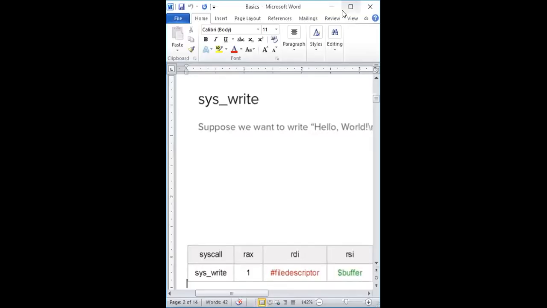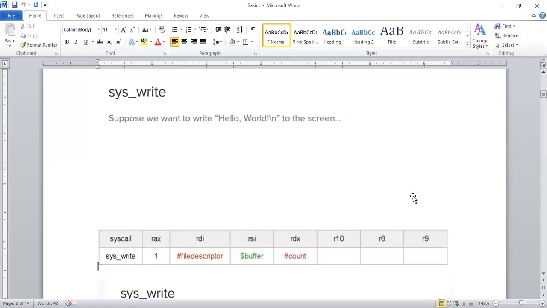Right, try to get these things. I know you will feel difficulty, but try it for the first assignment. Others, just by looking at the instruction, you need to get the meaning. Otherwise, if you go directly to the program, it will be easy for you to get the things, but at the end, what operations it is performing, you cannot identify. Next, RDI has the file descriptor. What it has as the file descriptor, we will see, then buffer and count.